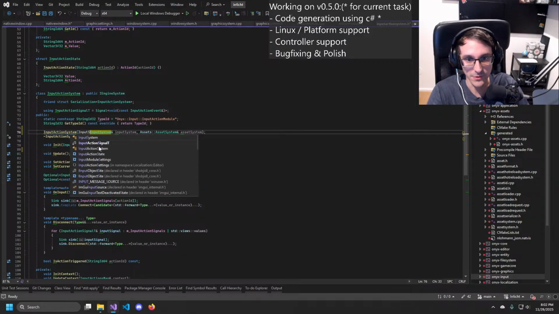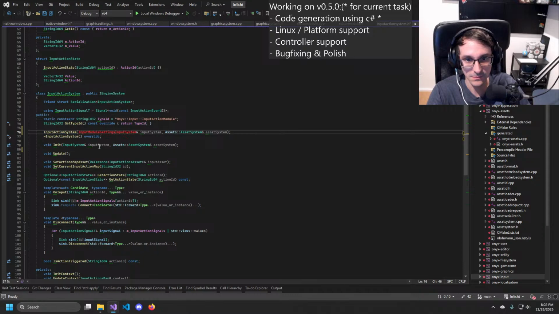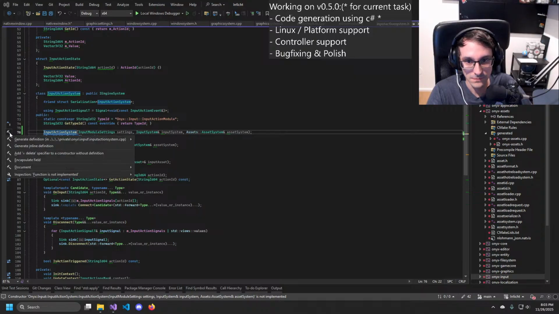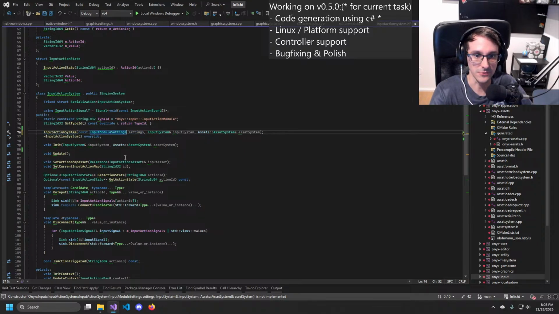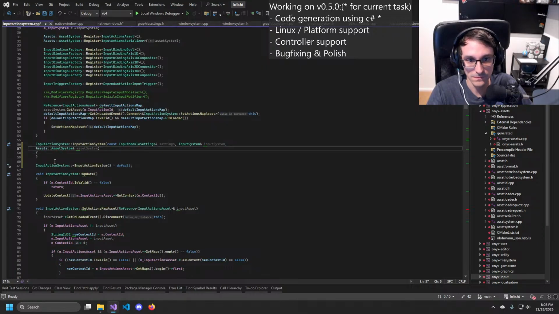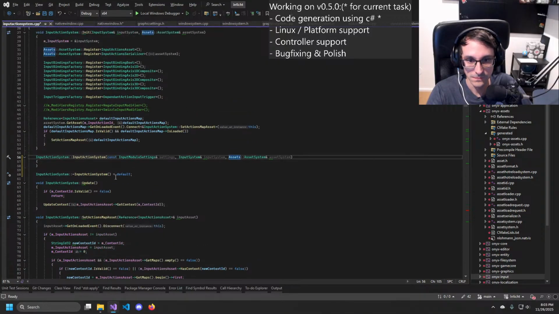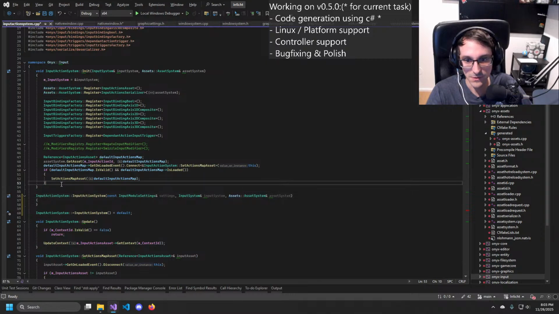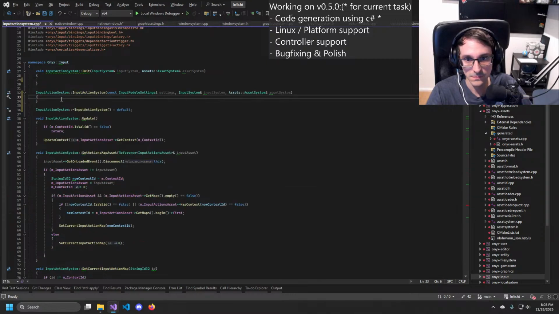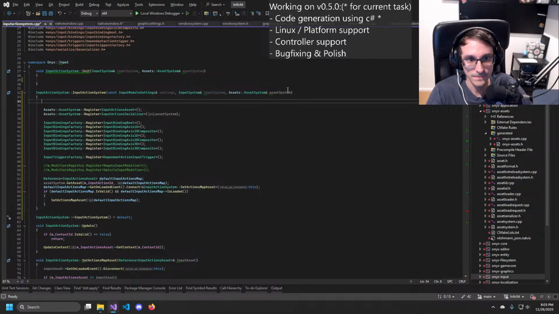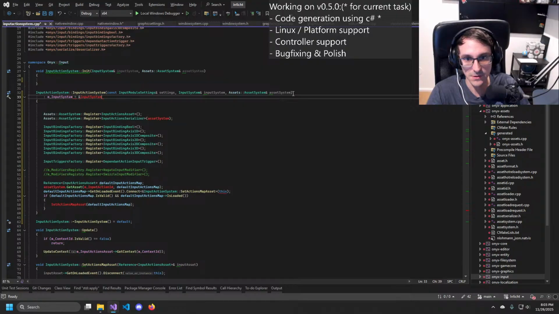We'll probably have input settings. Const ref. There. This goes there.